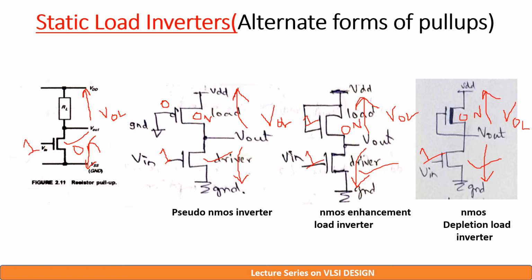So when input is on, both sections are on, hence the output voltage depends on the ratio of the devices, and hence these circuits are known as ratioed circuits. Plus, when input is on, both sections are on, hence it leads to static power dissipation. So these circuits can be used where power consumption is not a major concern, but if area reduction is required, then these circuits can be used.